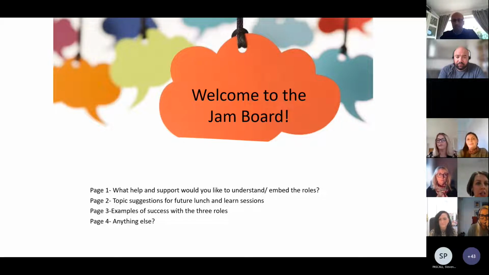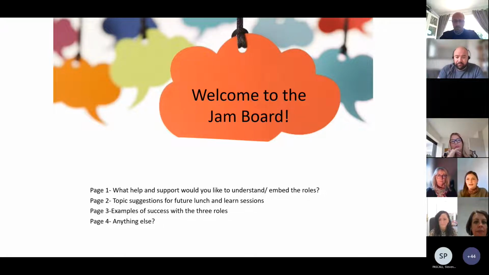The other useful thing about the Jamboard is it's a great way of theming responses. That will help us share those ideas back out to you, and we can screenshot it and put it in the slides to share. So I'm just going to show you how it works. If you've never used a Jamboard before, bear with me and I'm going to very quickly share my screen